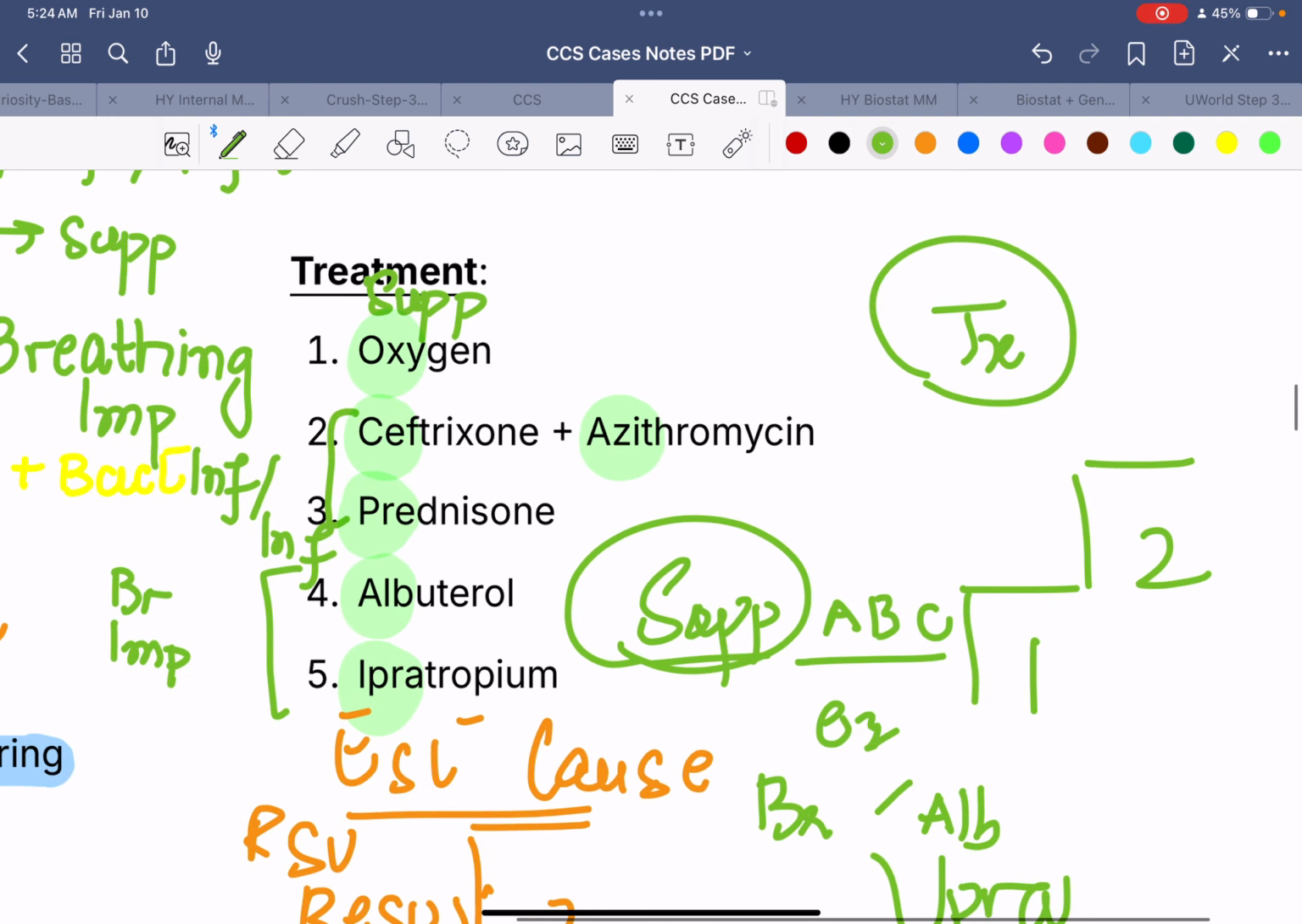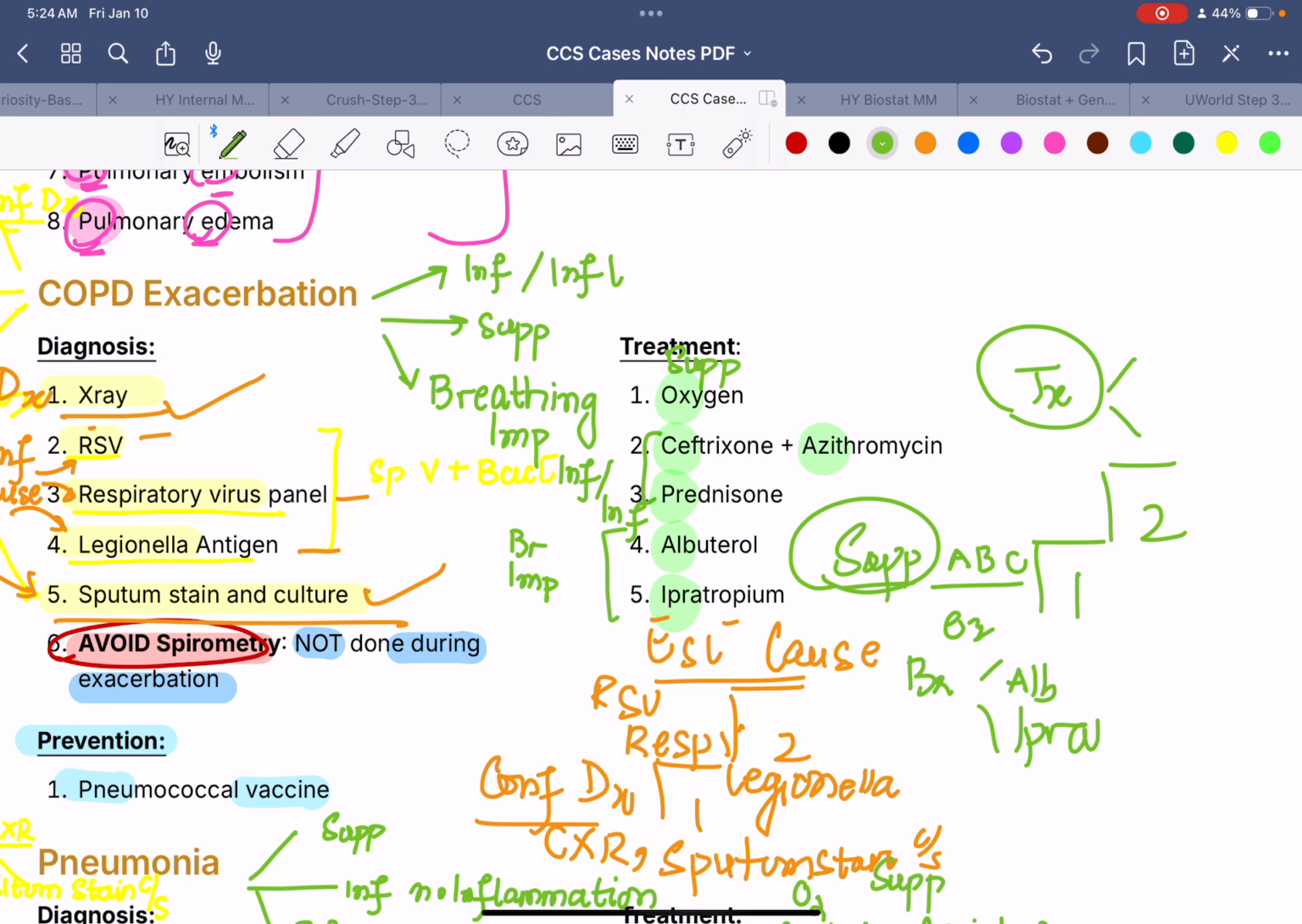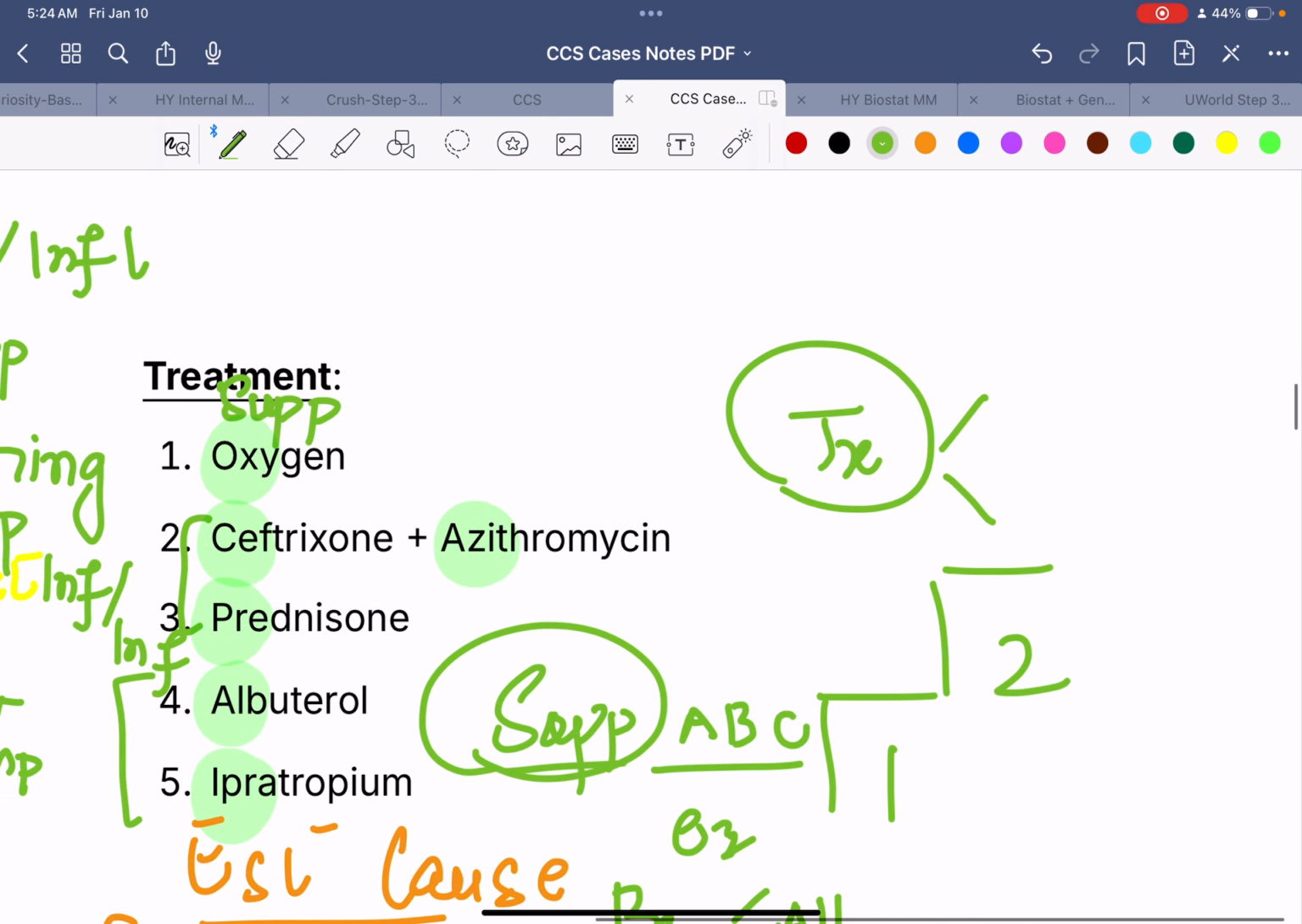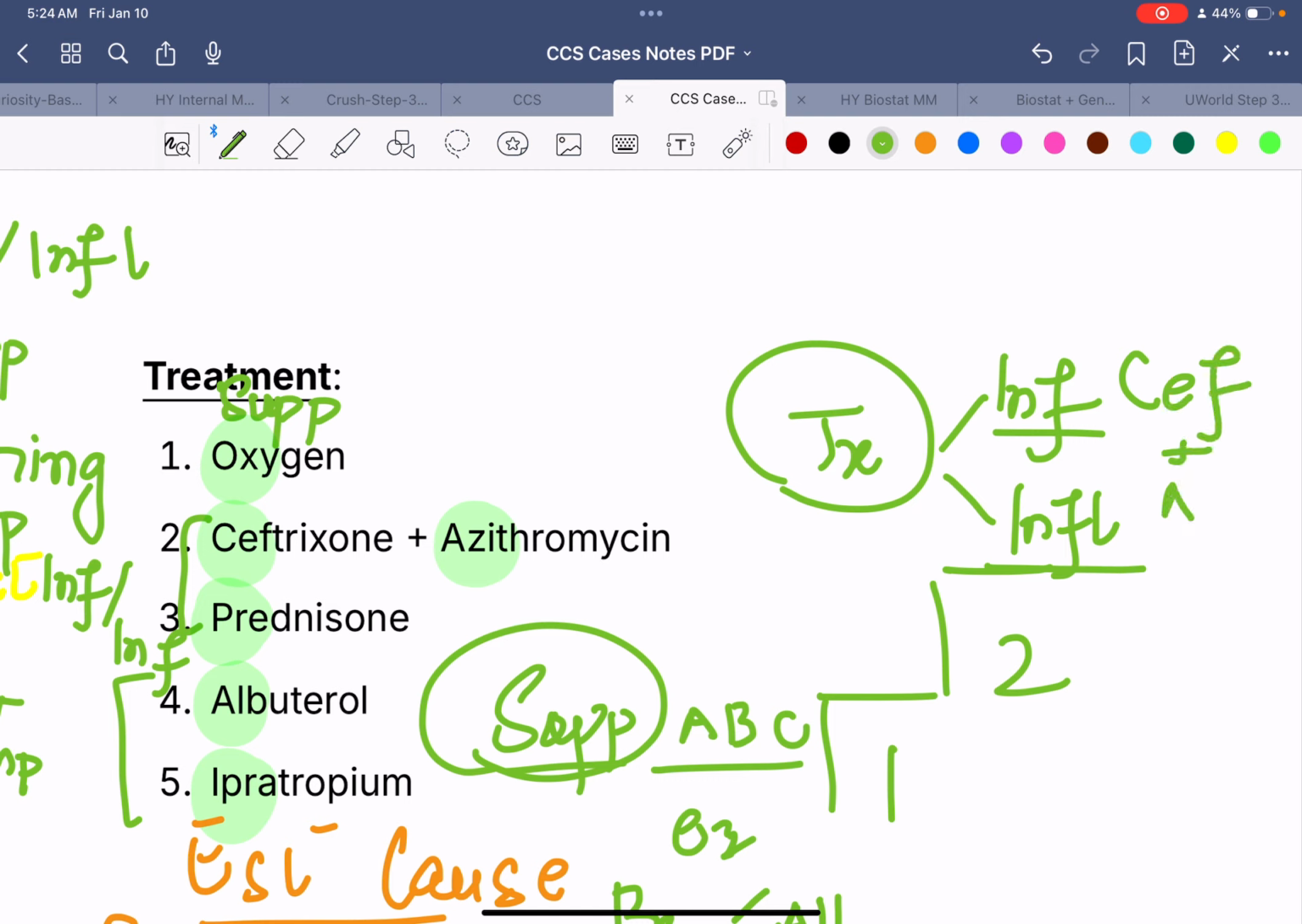And then we have the specific treatment. You know that in COPD, basically an infection is triggering the exacerbation, and that infection is causing inflammation. So you have to treat both the infection and the inflammation, right? Therefore, for the infection, you can give ceftriaxone with azithromycin, and for the inflammation, you are going to give